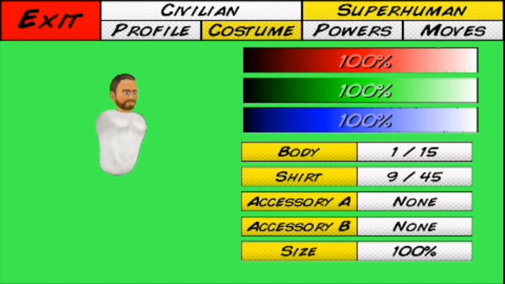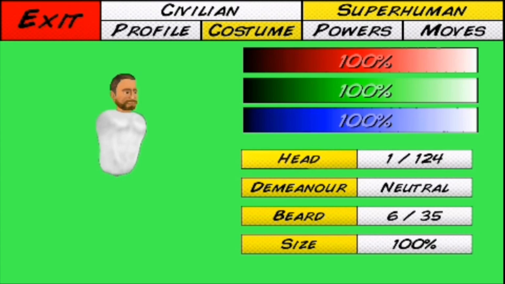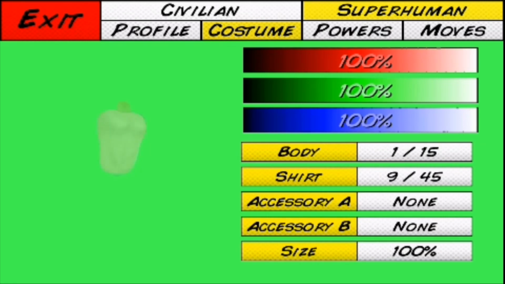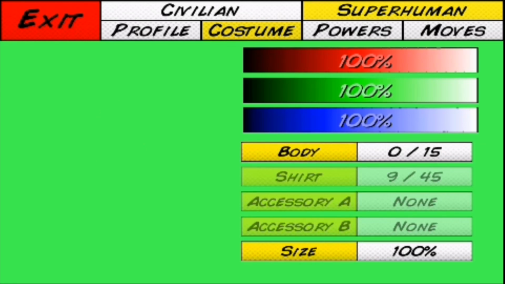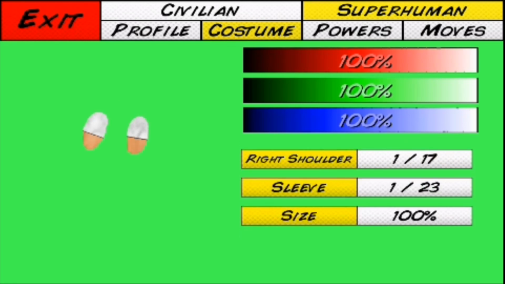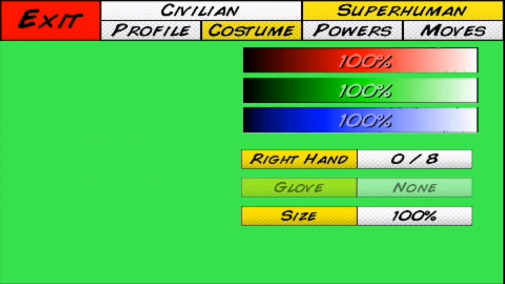So now we're going to make the body 1. We're going to make the head 0. Take a screenshot of this. Now, you can take a screenshot of multiple things at the same time. You just don't want them to be overlapping. So you can take a screenshot of both of these. And the same with the forearms. Just take a screenshot of that. Next, the hands.